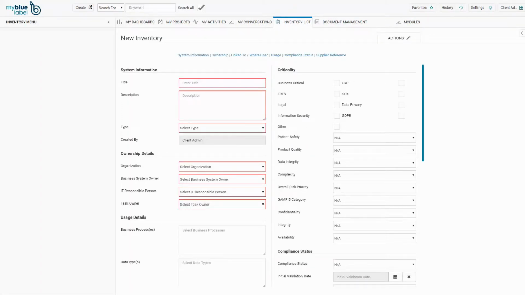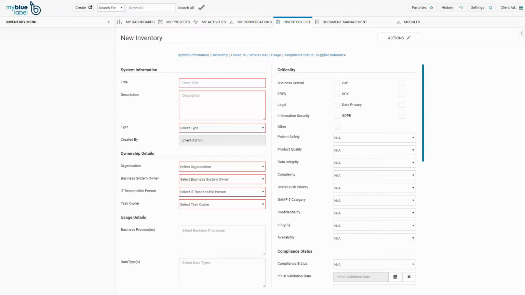First, I will explain the details about the mandatory attributes which are needed to be filled in to be able to create an inventory. Then I will fill in the form with an example. The title is the display name of the inventory. The inventory is referenced in other modules by this name. The description is important since this will help the users of the solution to understand the intended use of the inventory. The type is selected to categorize the inventory.